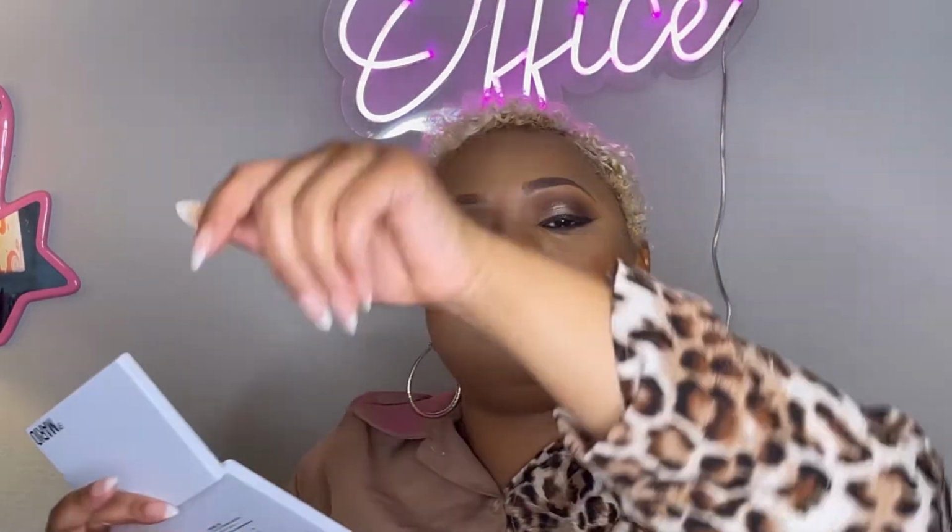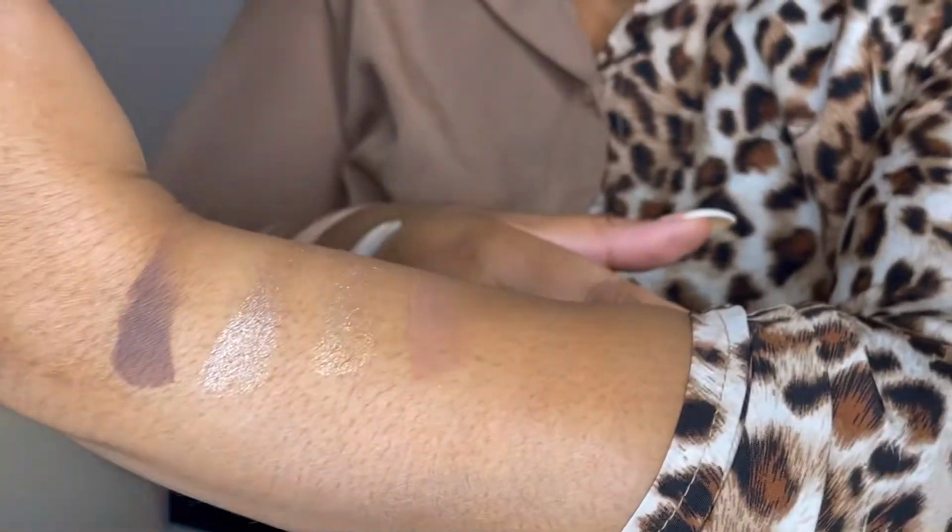That brown is very pretty and very rich, so I'm gonna lean over here. Y'all, I don't know what's going on with me. So that is that